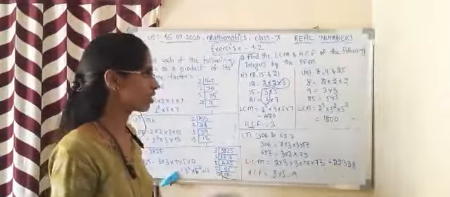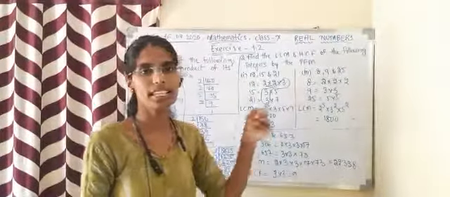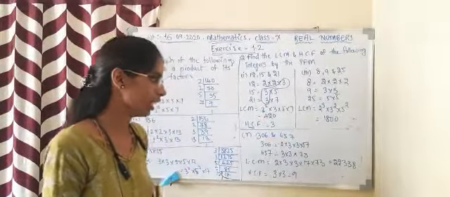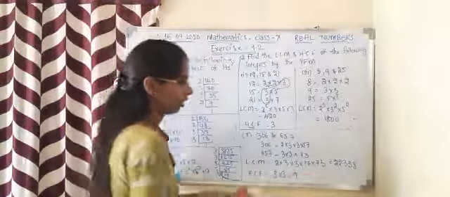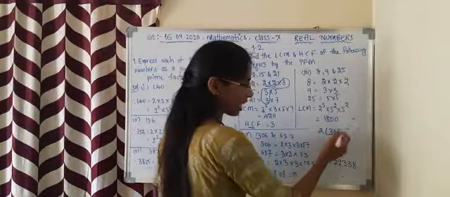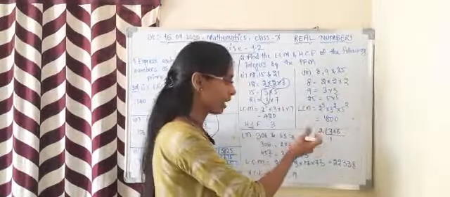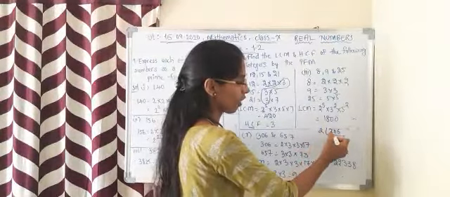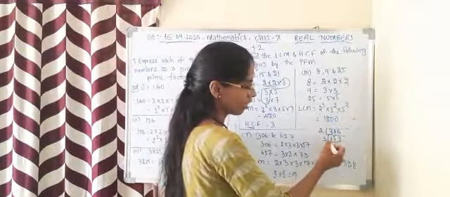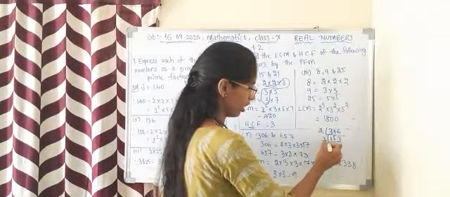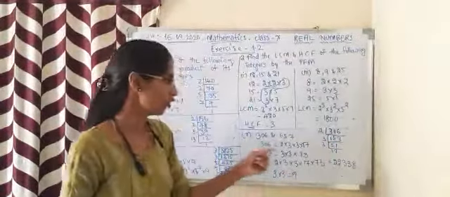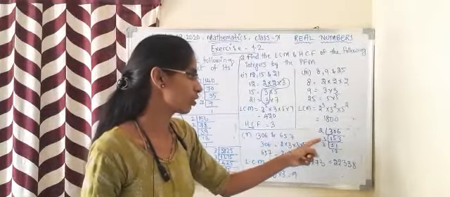Now, the fifth one. This is the first, this is the third; the second and fourth are part of your homework. The fifth one is 306 and 657. 306 can be written as, let's say 306. As it is an even number, we are taking 2. 2 fives are 10, 2 threes are 6. And again this is an odd number, so I am taking 3. 3 fives are 15 and 3 ones are 3. Now let me take 3 again. 3 ones are 3, 3 sevens are 21. 17 is a prime number. Therefore 306 can be written as 2 into 3 into 3 into 17.